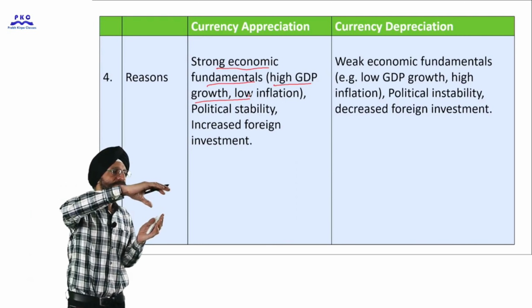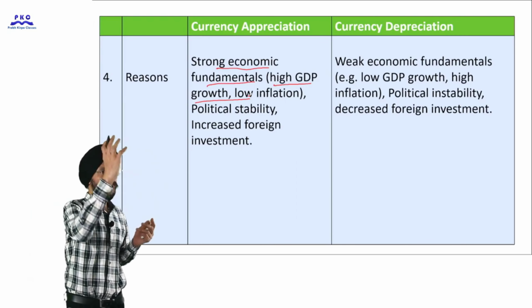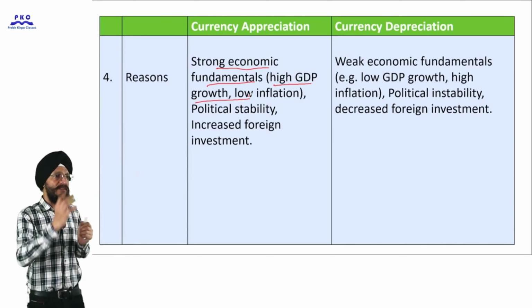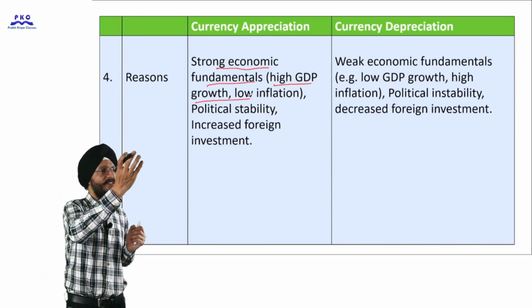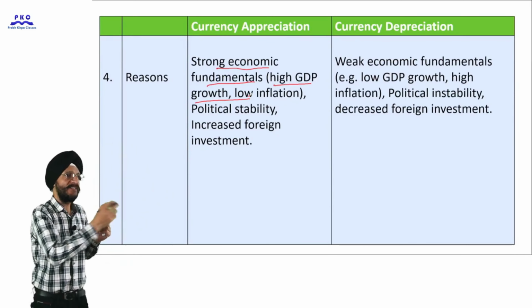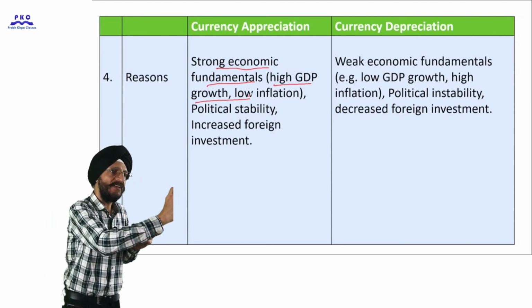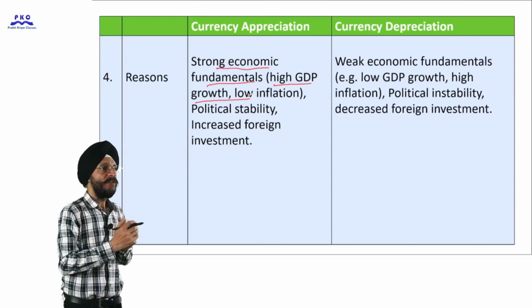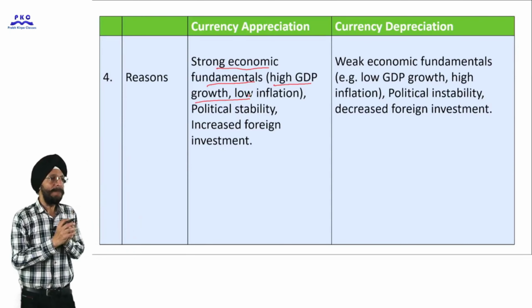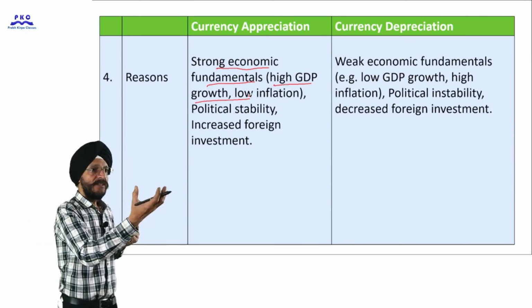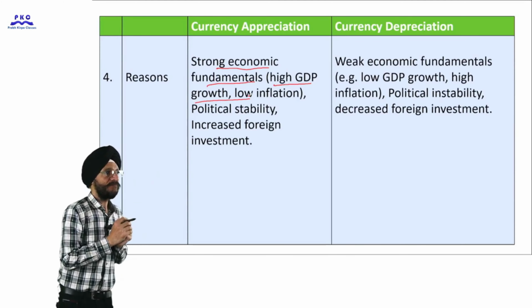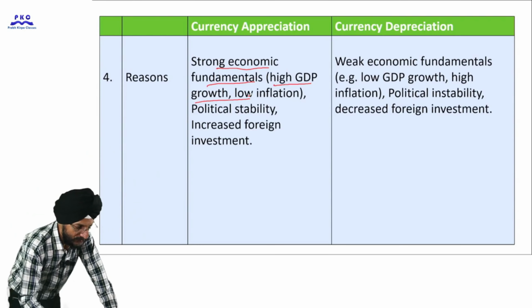If the country is showing good performance, that is the economic parameters of the country are very good, there is political stability in the country, then what happens? The foreign investors are attracted towards that country. They would like to make investment in a country where there is political stability, which is showing good economic performance. So when the foreign investors come to make investment in a country, the value of the domestic currency of that country appreciates. We take the example of Australia.